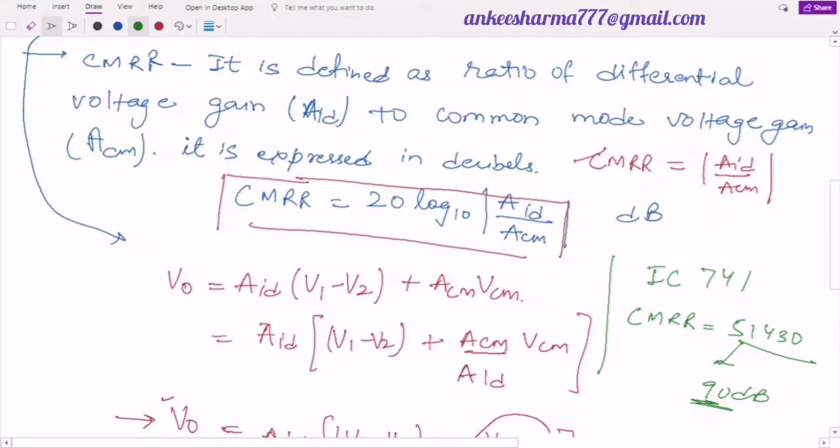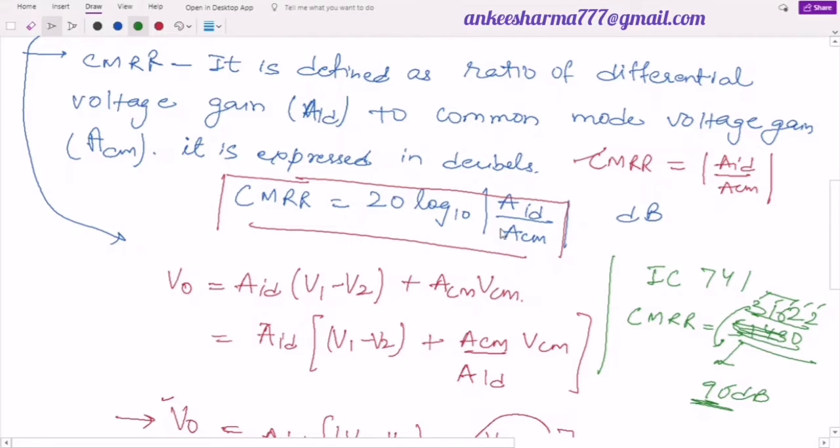Right, and if I take just one value here, 3.1, and convert it, it comes to around 31622. So this is the exact value, right? Instead of 5 digits, I have to just write 90. So that is more comfortable for me. That's why we use CMRR in dB format.